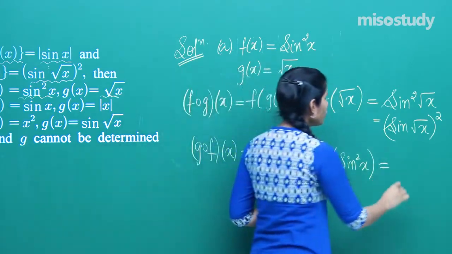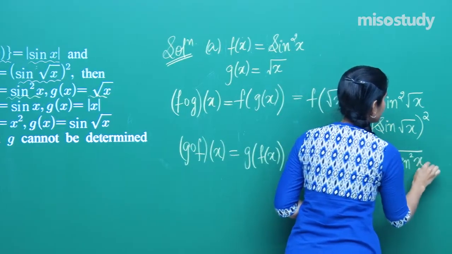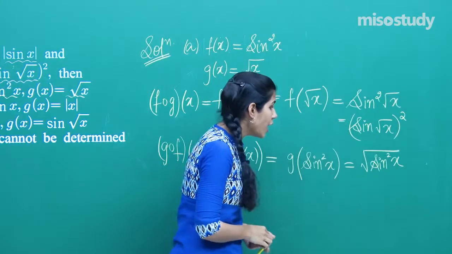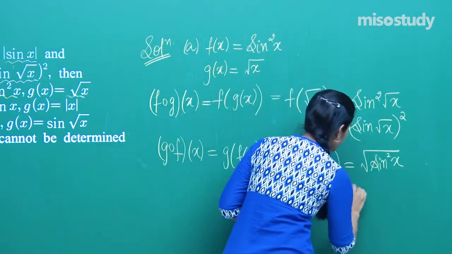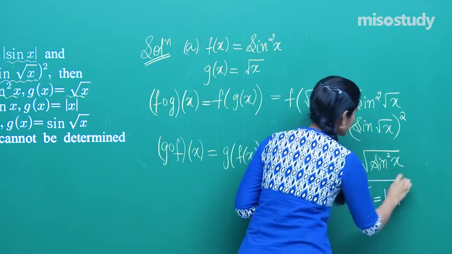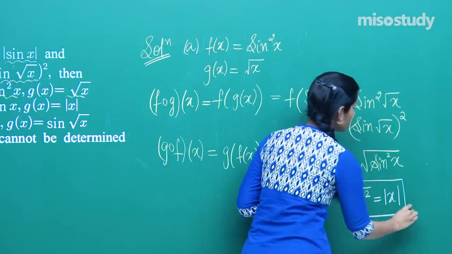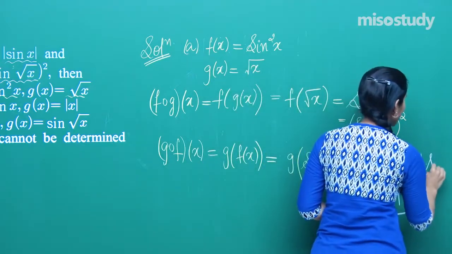It is taking under root of the input, so under root of sine square x. And now is the turn to use a very small concept which says under root of x square is always equal to mod x. And based on that, I can write this as